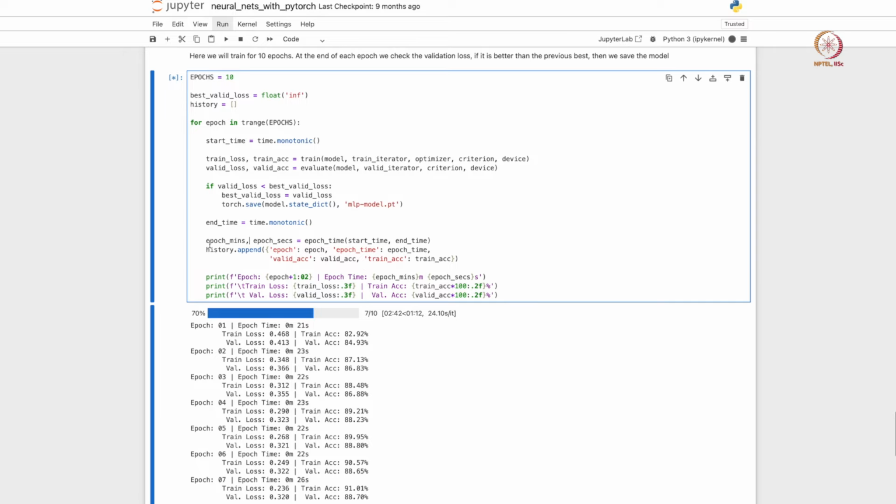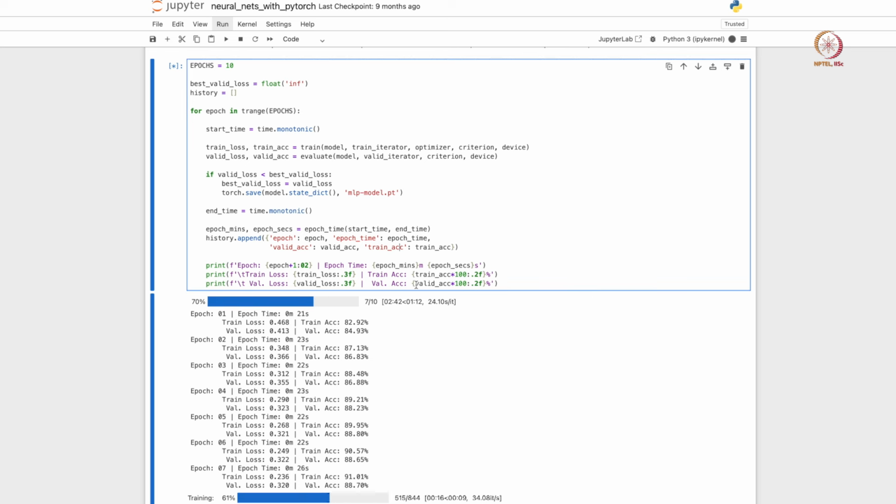And then towards the end, that is what we do here. So we see how much time it has taken, we get some history, so what is the epoch number, how much time it took, what is the actual validation accuracy and training accuracy and so on, so that it is easy for us to display. And then the final 3 print steps are basically printing out all the variables that we declared before.